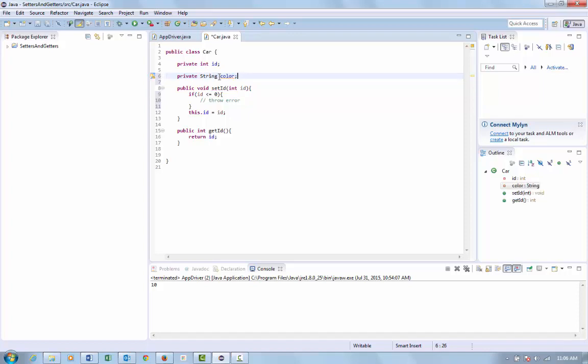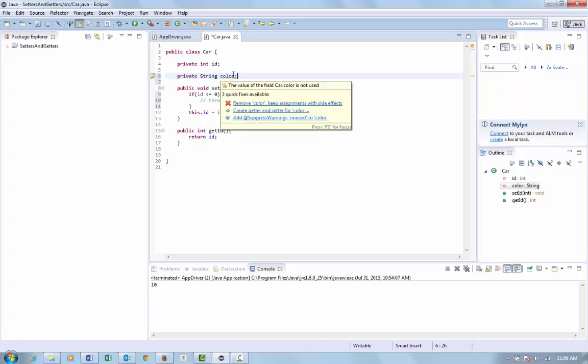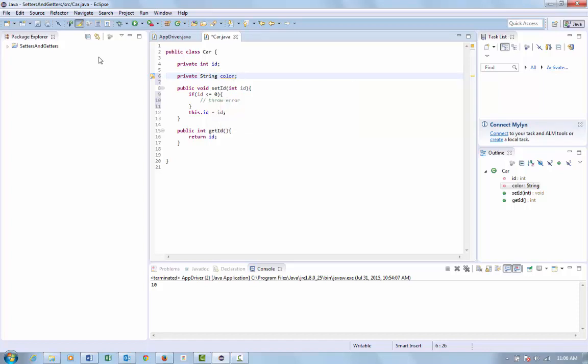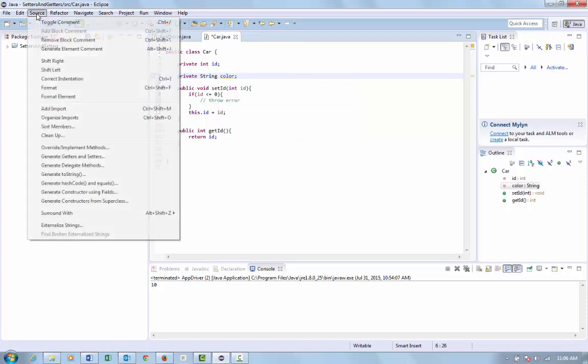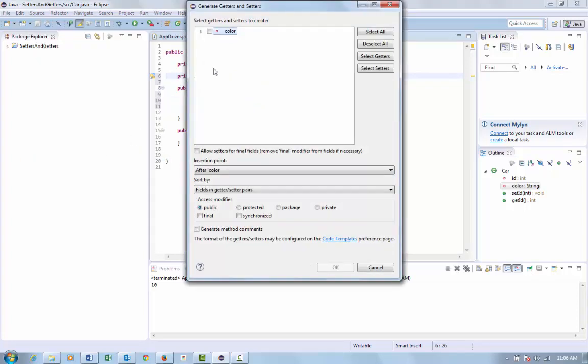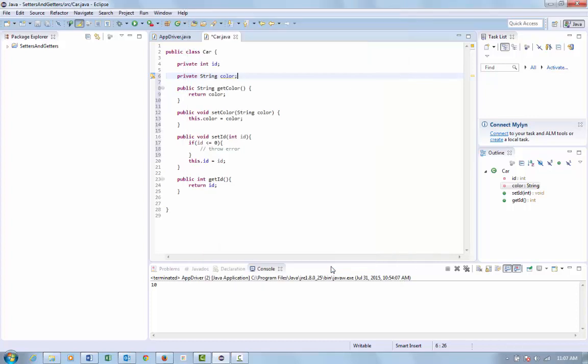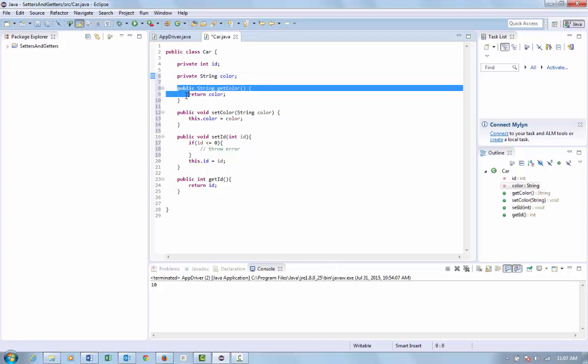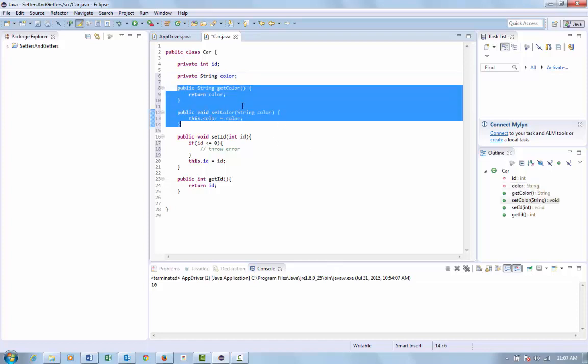Okay, so I've got my private color instance variable, but I don't have setters and getters for it. If I go over to Source and do Generate Getters and Setters, click that, and now this little box will show all of the instance variables that don't have setters and getters. So you can see ID is not showing up because it's already got the getter and setter, but color is available here. So I'm going to check this one and then hit OK, and then you'll notice that right here it created the setter and getter for us